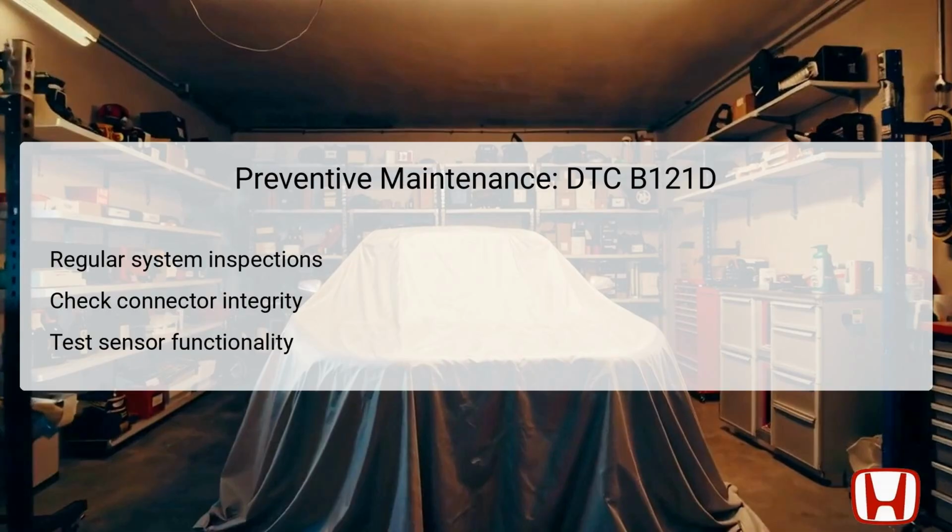Ensuring the integrity of connectors is essential, as corrosion or looseness can affect performance. Additionally, testing the sensor functionality periodically will catch inconsistencies when they begin, allowing for timely intervention and repairs. Taking these proactive measures will contribute not only to comfort, but also to the overall reliability of your vehicle's electronic